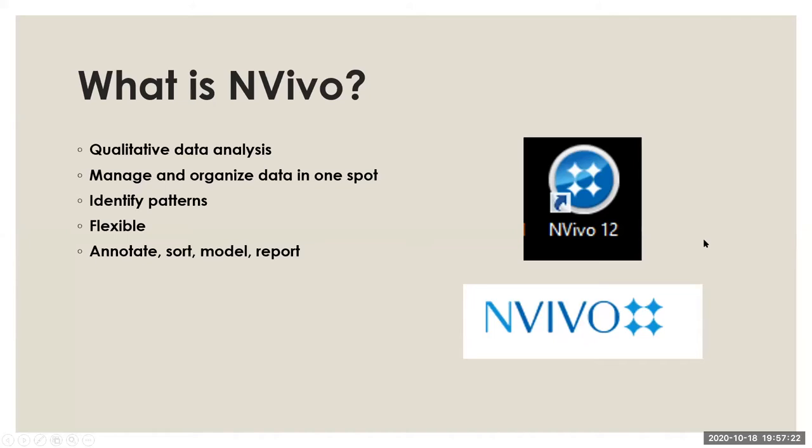NVivo is a qualitative analysis software for organizing and managing data. It works with multiple file types so you can keep everything in one spot regardless of file format. Users are able to identify patterns easier and group similar data into categories. These categories are flexible, so you can change names, reorganize, and/or store data in multiple code and case categories, themes,